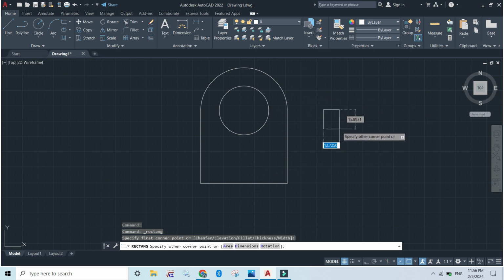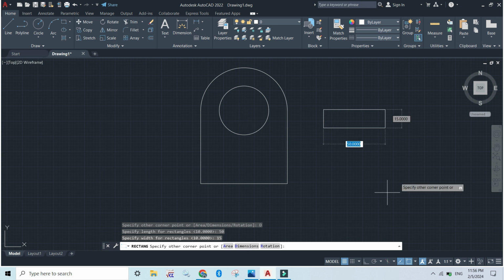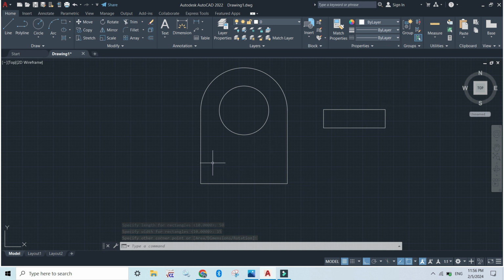First, I'm going to give the dimensions. So I am specifying the length as 50 and the width as 15. So this is my rectangle. So how can I place this rectangle inside this object? For that,